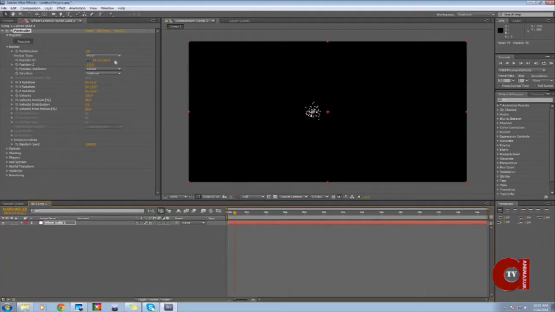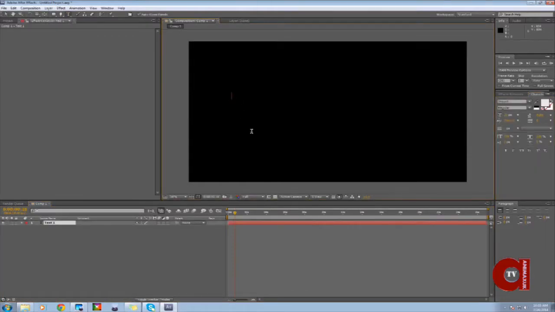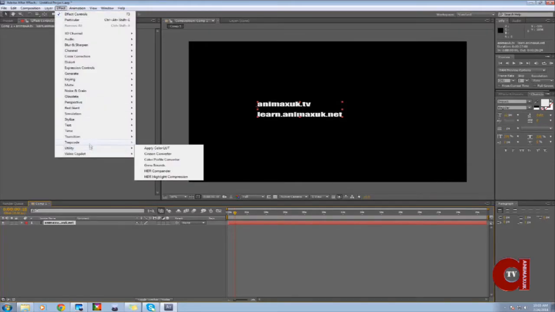If you want, let's say we close this layer and I need just a text, let's say animaxuk.tv, and then after you create this text, I want to type learn.animaxuk.net. Okay, we have just these two simple layers, and if I go to Effect and Trapcode, and from here